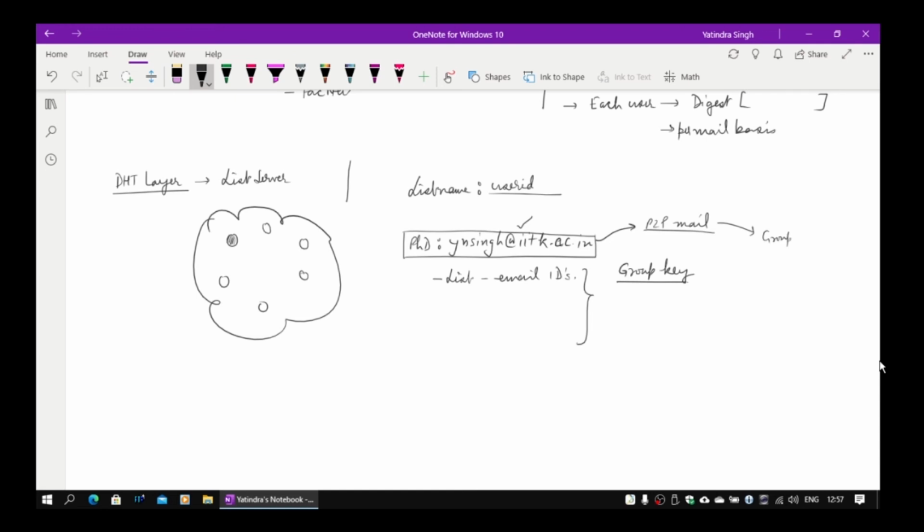Now remember, this particular message in peer-to-peer mail is encrypted, and the source can encrypt it so that only the receiver can get it, and the receiver can figure out who the sender is. So there is non-repudiation, there are digital signatures, so if there is tampering in between we can figure it out. So nobody else can read except the receiver, and nobody else can send except the sender.